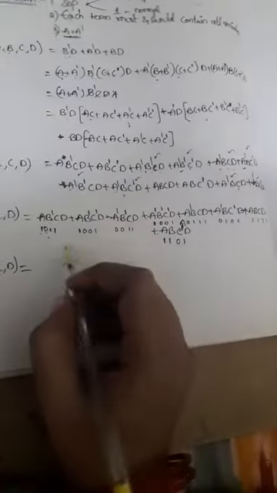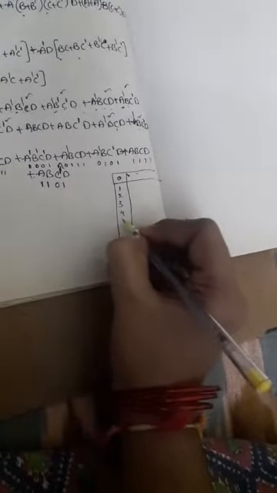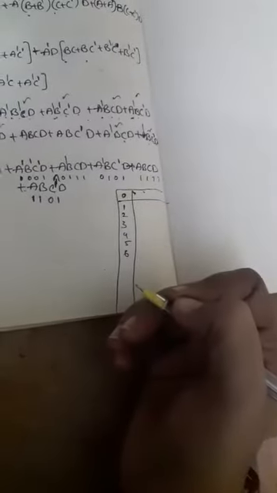So now simplify all the values into decimal numbers. Okay, so already we have converted into binary numbers, right? Now these binary numbers are converted into decimal numbers. How to write the decimal numbers for 4 variables, already we know, right? 0 1 2 3 4 5. So up to decimal numbers we'll write for 4 variables. Totally we are getting 16 possibilities, right? So 7 8 9 10 11 12.